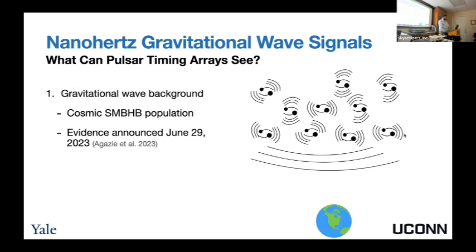But we're actually not the only ones to see the gravitational wave background at this point. The European Pulsar Timing Array, Indian Pulsar Timing Array, Parkes Pulsar Timing Array, and the Chinese Pulsar Timing Array also all simultaneously announced evidence in their own pulsar timing array data for a gravitational wave background as well. So the fact that we're not the only ones seeing this also gives us a bit of confidence.